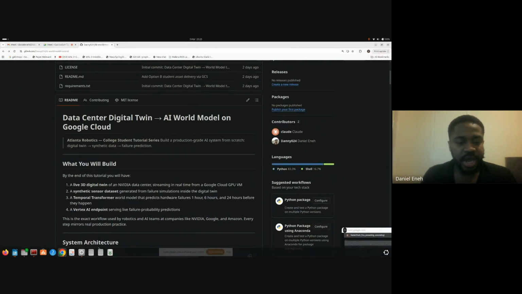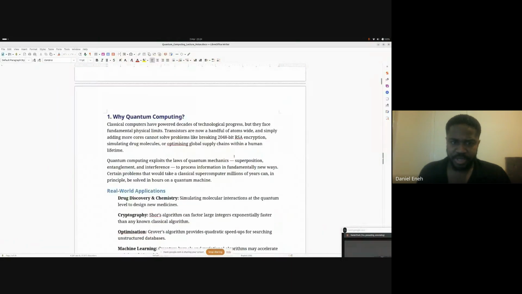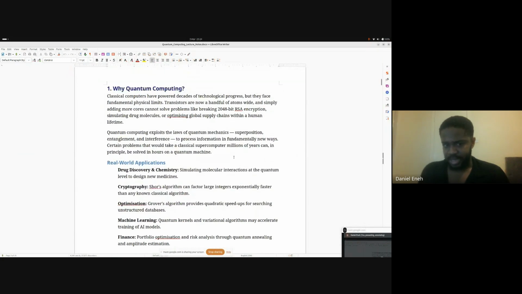For today, Sir Nolan told me that NVIDIA is going to come and they want you to understand quantum computing. So I prepared a quick note on quantum computing, and we are going to walk through the example. Currently, I didn't do anything quantum computing in the project. The project is purely a digital twin with a data center environment. You deploy on the cloud, you train.